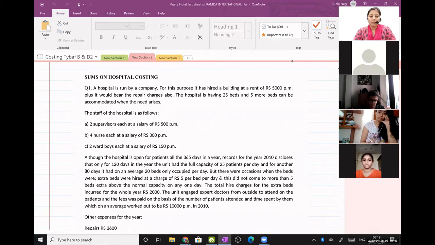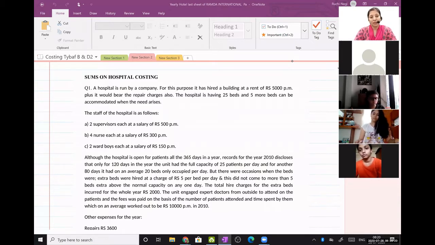So we have done, I mean, the chapter is operating costing, and under operating costing, we have dealt with transport, we have dealt with hotel, and the last part we are going to deal with is hospital. Now, in all the variations on the type of sums which we did in operating costing, your fixed and variable cost, I mean the calculation of your total cost, depends on the meaning which is given by that particular cost accounting standard.